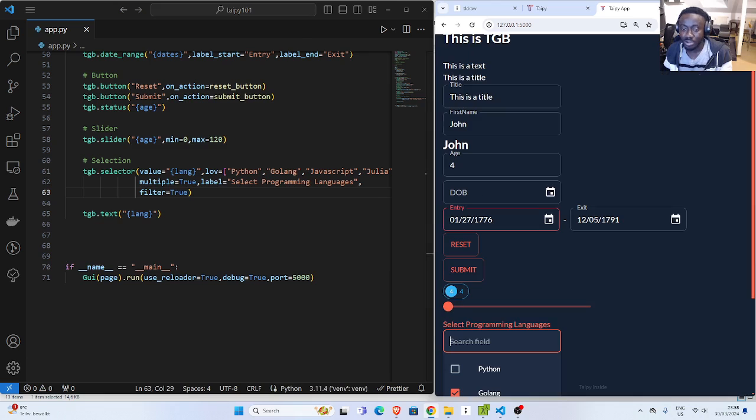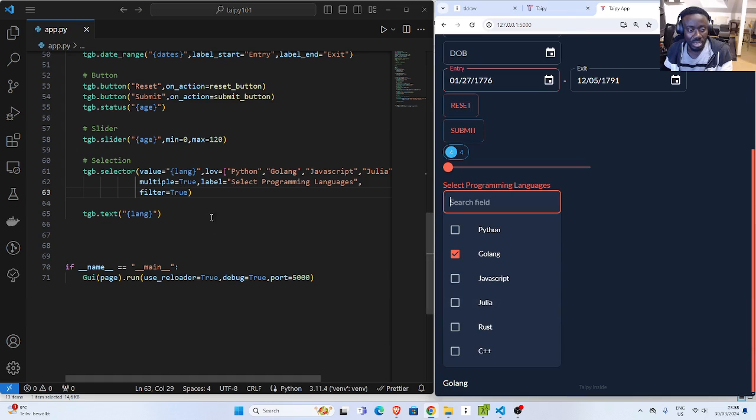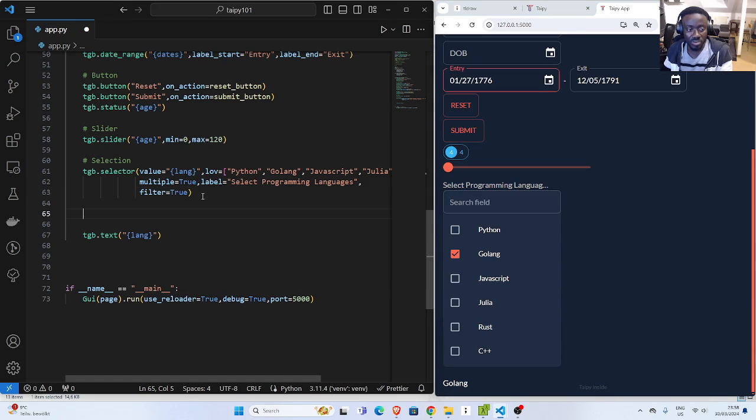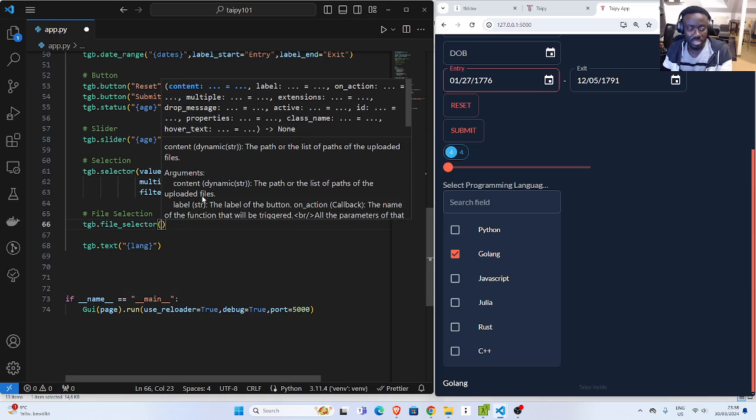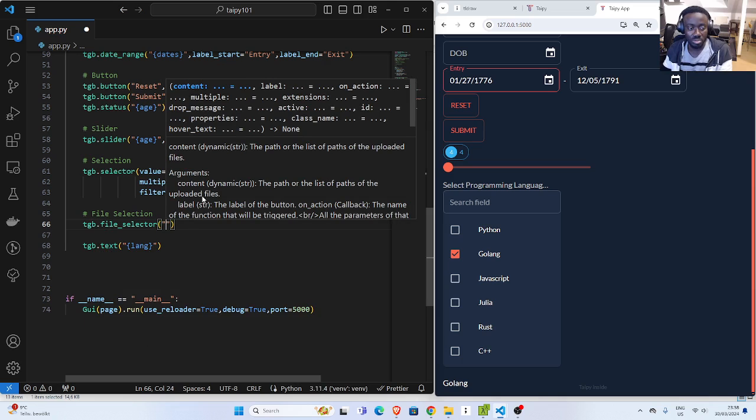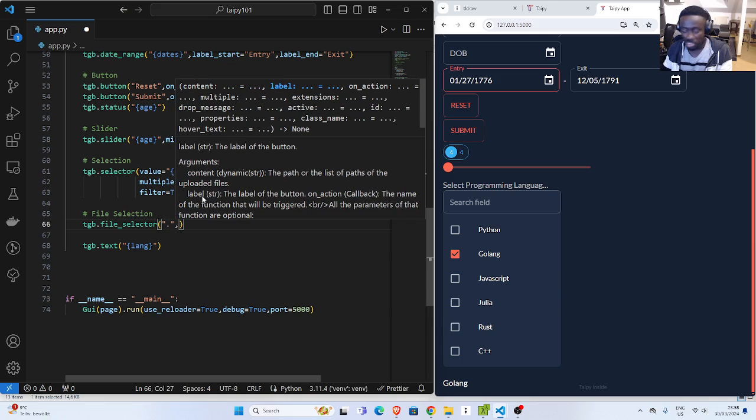Cool. Okay, so let's move on from here to other stuff. We have done with selection. We can also do file selection. So in case you have file selection, you can just go to tgp.file selector, and in case you have content that you want to pass there, you can also pass it there. Then I can also specify the label. So let's say select CSV files,